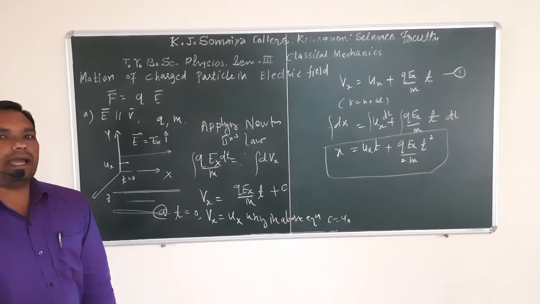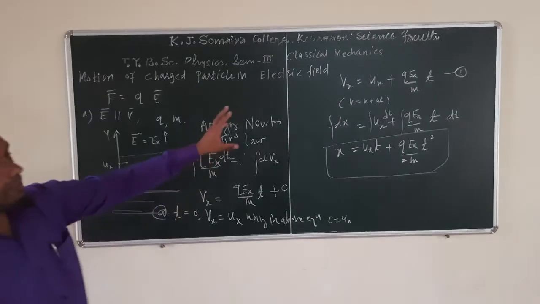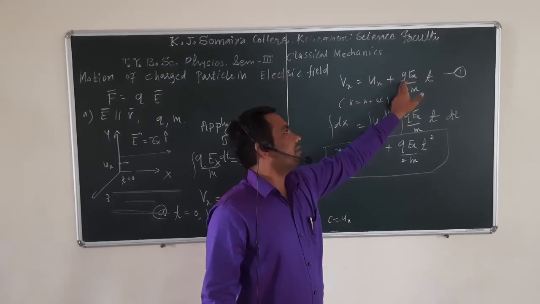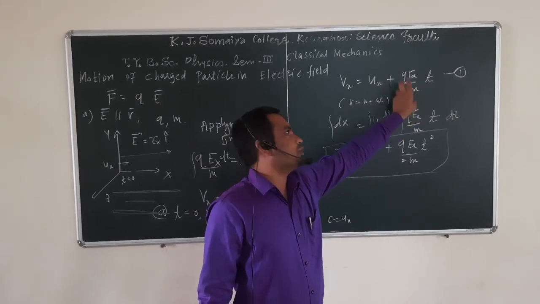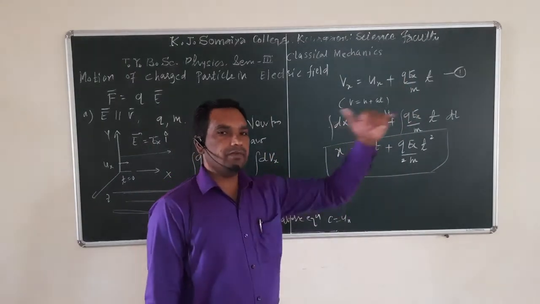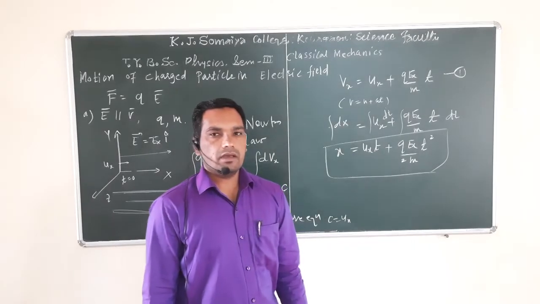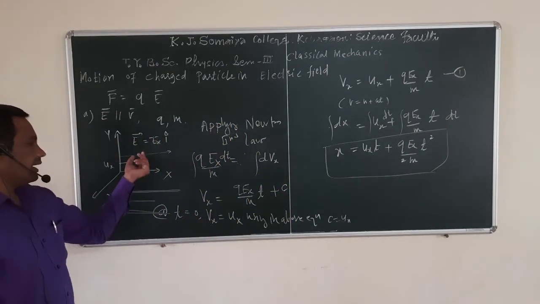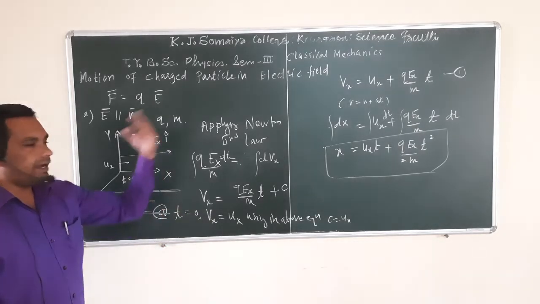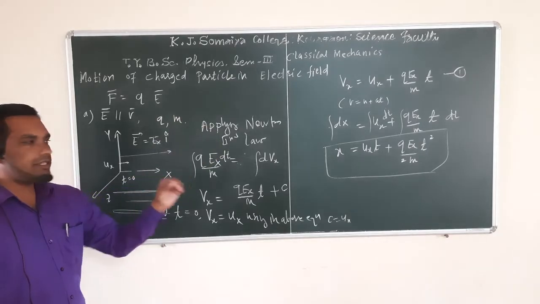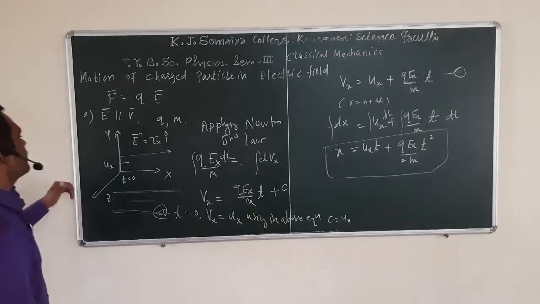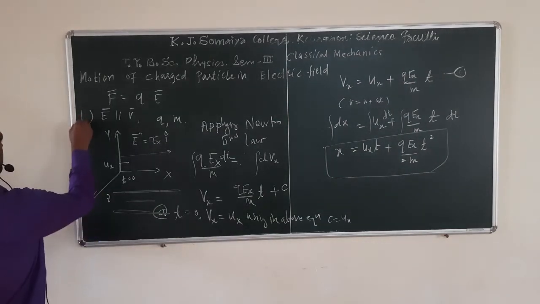In nuclear physics, for identifying particles, acceleration depends upon q upon m, which means the charge on the particle to the mass of the charged particle, that ratio. Suppose we have different particles. Those particles have different masses and different charge on them, different specific charge. Then if we apply an electric field like this, this distance is different for different particles. So from that we can identify different particles, and the same principle is used in the bubble chamber.